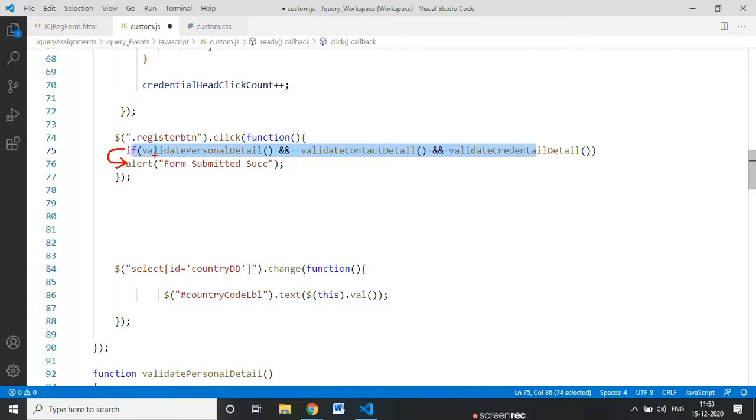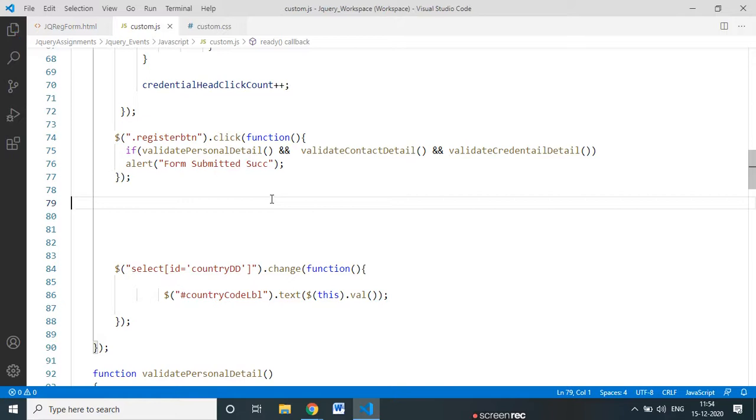If there are multiple lines, then you need to use curly braces, and only then can you write the code in curly braces. If there is only one line of action after this if condition, you can directly write it below and it will execute based on the result of this if condition.